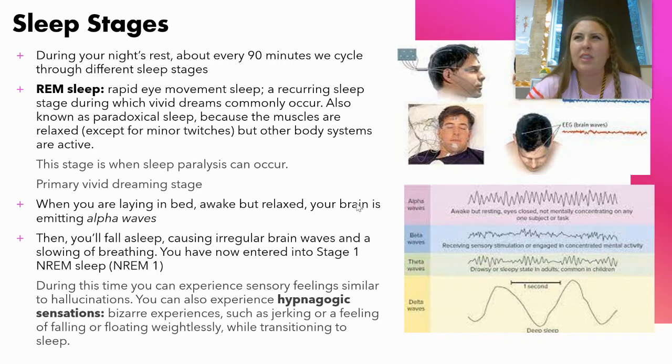A paradox is when things are a mystery to us. The reason we call REM sleep paradoxical sleep is because when we are in REM, our muscles are so relaxed that they're almost paralyzed, whereas our mind at the very same time is extremely active, and our brain waves show activity that looks very similar to being awake.